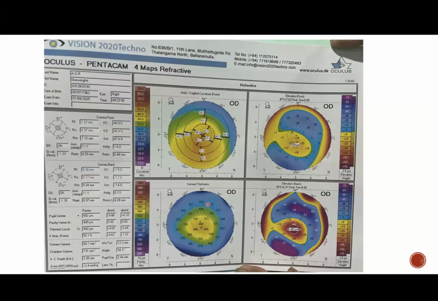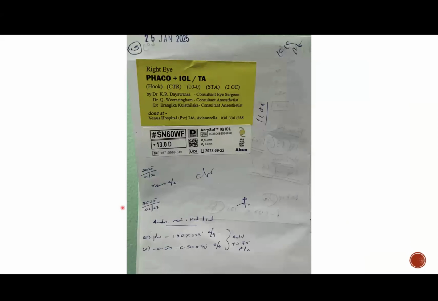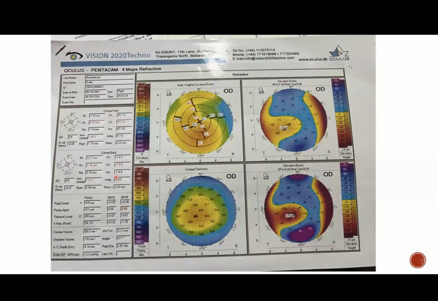This is normally what you have to think about. And if you look at the report, now imagine this one. This front report 45, 49, the difference is 4.7, and the Kmax is 54, and the pachymetry values. This is the thinnest location, 453. This is a front map, suspicious, and this is an elevation. There's an obvious elevation on the back map. So that is what you have to see.